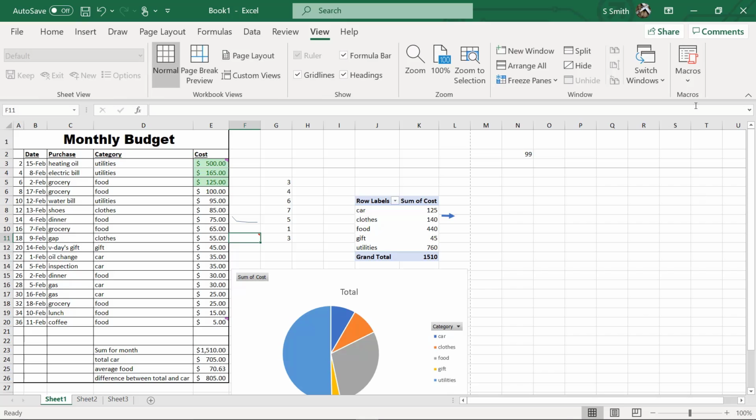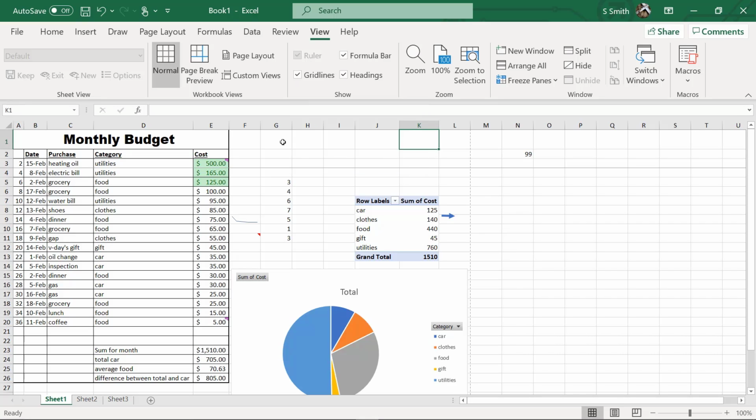On the View tab, there's a menu right here called Macros. Macros are a way to automate certain tasks inside of a spreadsheet. In order to access all the macros on a page, just click this down arrow. We have not created any macros in this class, but that would be a great topic for future classes. Another option on the View menu is the Grid Lines checkbox.